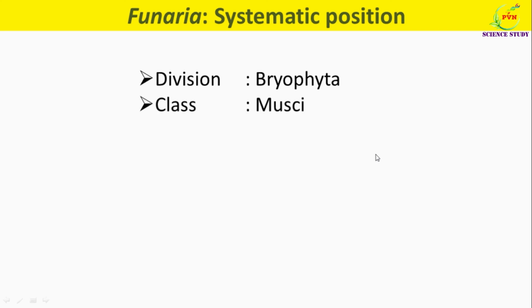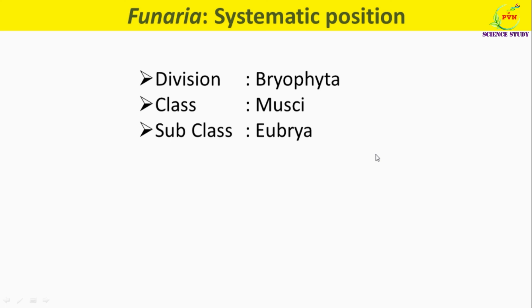Class is Musci because gametophyte is differentiated into root-like rhizoid, stem-like caulid and leaf-like phylloid organs, but these organs are not true. Sporophyte has capsule with great proportion of sterile tissue, but nerve cells or elaters are absent. As well as there is presence of thallus or filamentous protonema. Subclass is Eubryidae because protonema is filamentous, leaves with midrib which is more than 1 cell in thickness.